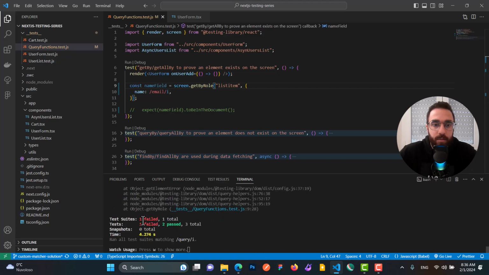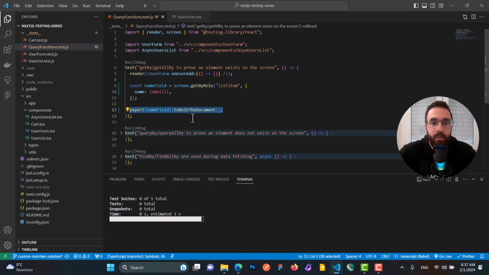You can see that the test fails. I don't need to do any assertion to prove that the element does not exist on the screen, because the test already fails. The reason is this query function throws an error, and the error caused the test to fail entirely. So I don't need to write any assertions, but I want you to think again about whether you write the assertion or not,